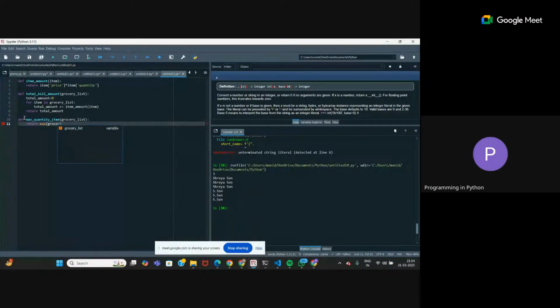So first I have to pass the grocery list. From here I'm getting my data. Then the key I have to define. Key is the condition. Okay, that I have to find some max element, but based on what condition? The condition is the max quantity. So key is defining that condition. Now inside the key I'll place the lambda function, assign it to the key. So key equals lambda x. Now x, we will take what? What is the condition? Quantity. So take that key.